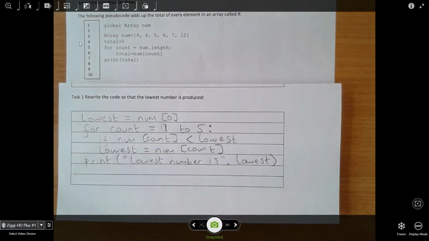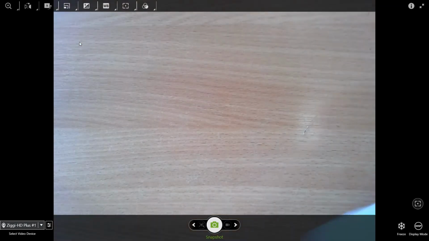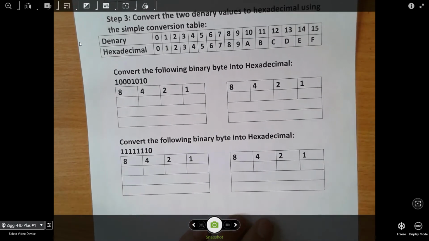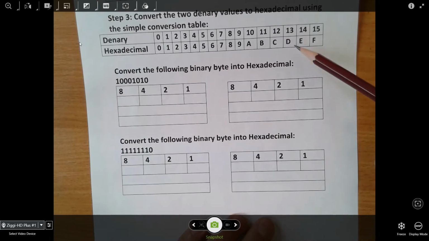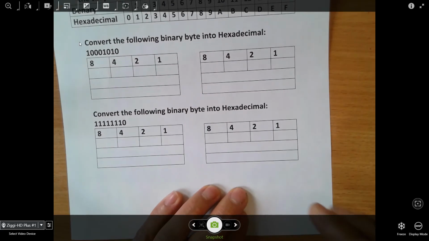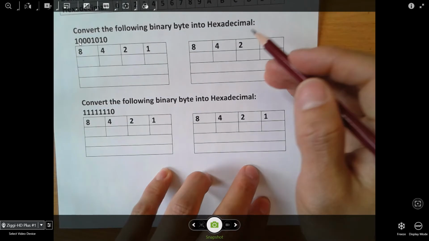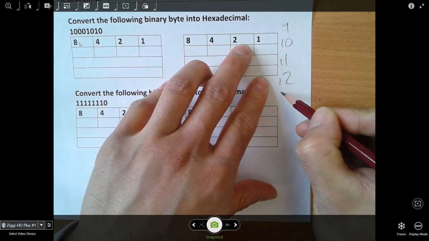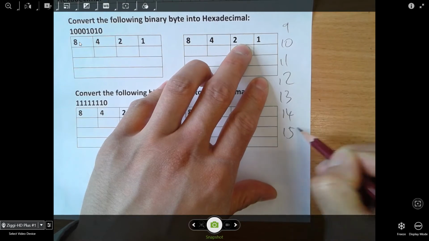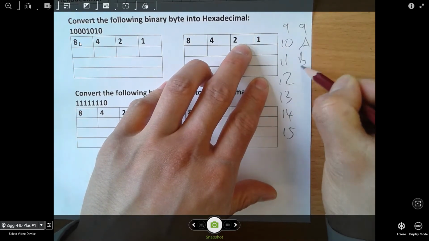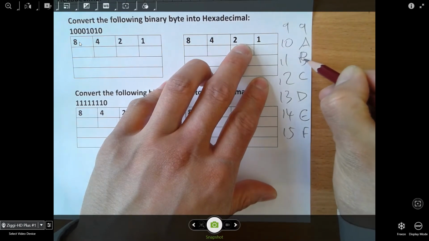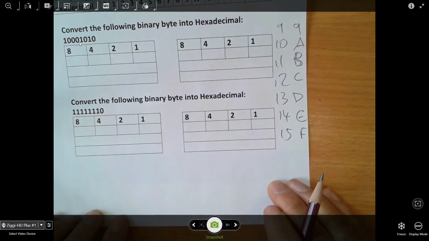Let's move over now to binary and hex. So what you should be thinking about in binary hex is, first of all, you're not going to be given a conversion table in your exam. So what I would do is I would just write down in your margin in your exam: 9, 10, 11, 12, 13, 14, 15, 9, A, B, C, D, E, F. That's meant to be a B. Okay, so